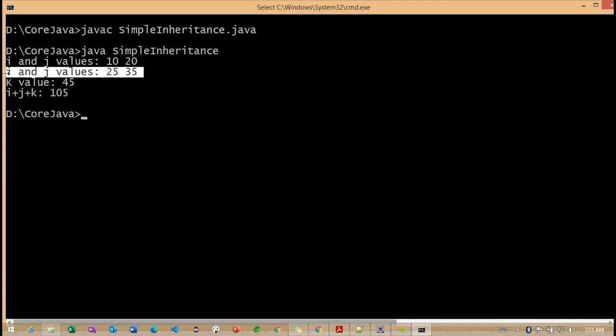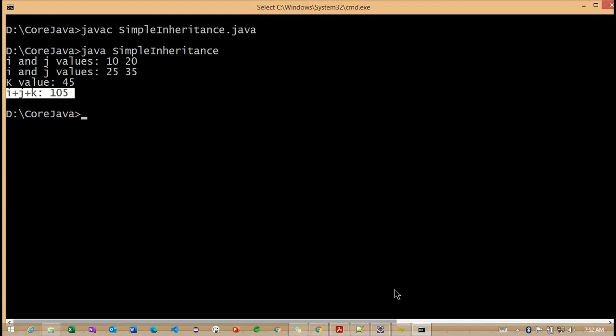With the reference of this particular child object, we initialize the int values and we are calling the superclass method. Now the k method we call, so this is the k method value, and finally these are the sum of these three particular variables here, right?